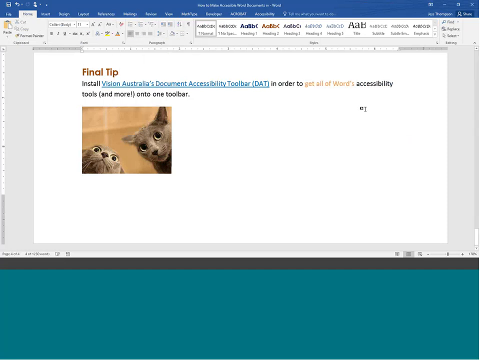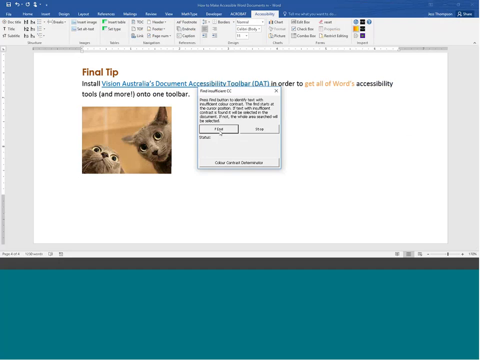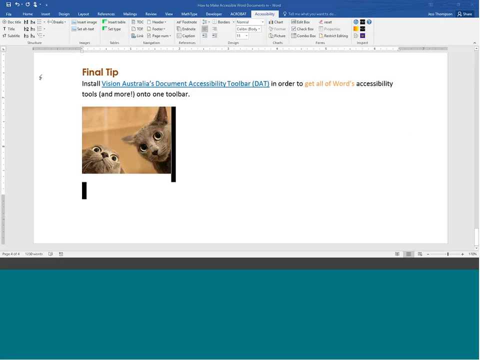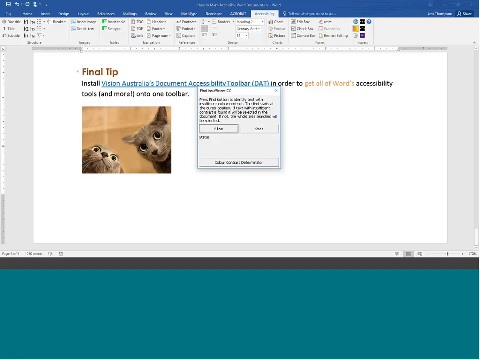I'm gonna do this light orange. Again, it's limited on what it can scan. I have to select, and then it says a found issue. So it points me to the area where there's poor color contrast, which is pretty cool, since that's something that Word does not check for. So there's a lot of different features